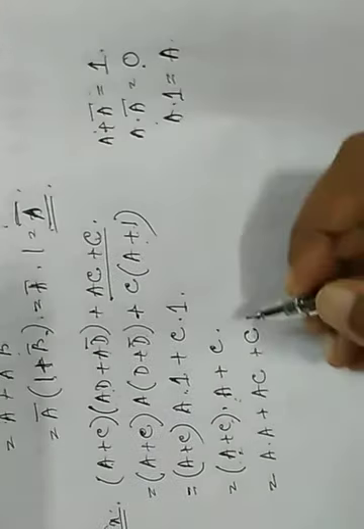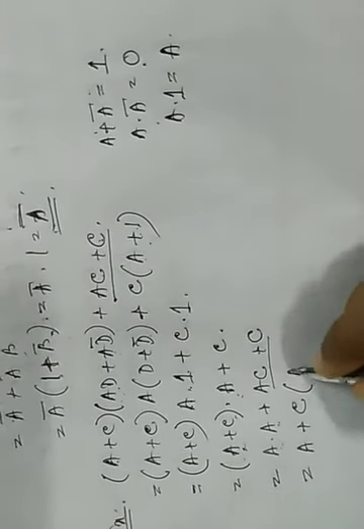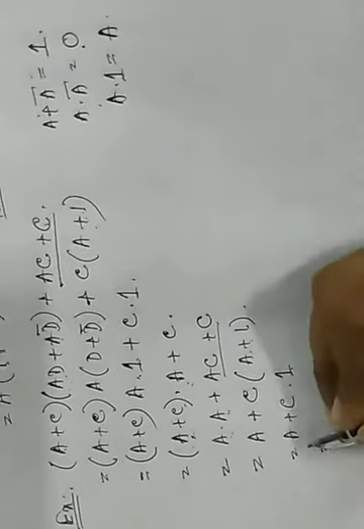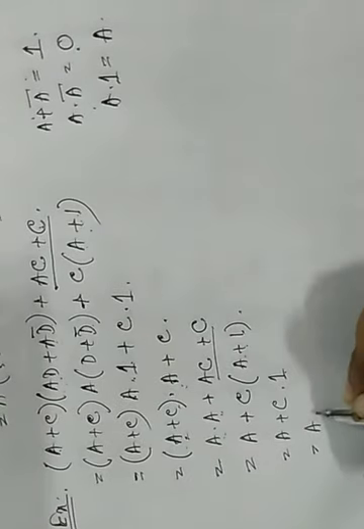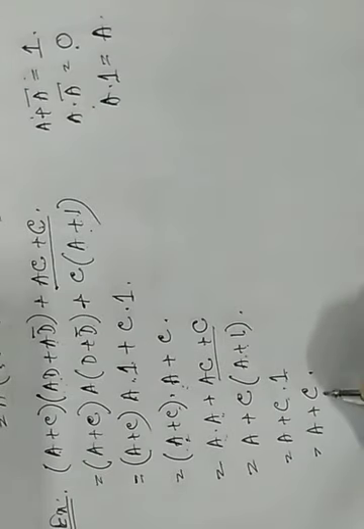Now we have to break this, just break one by one into simplified form. A dot a plus a dot c plus c. So a dot a means a. We can take c common from this expression, c, a plus 1. So a plus 1 means 1, anything OR operation with 1 is 1. So a plus c dot 1 means c. This is our answer.